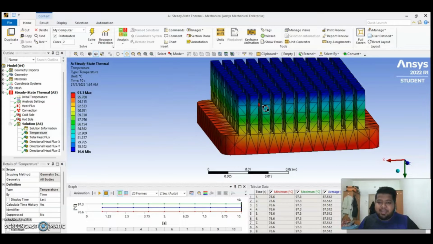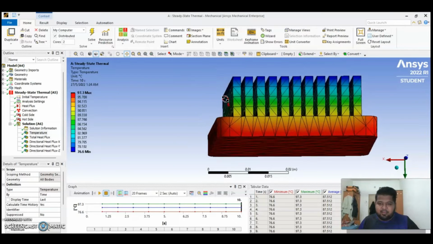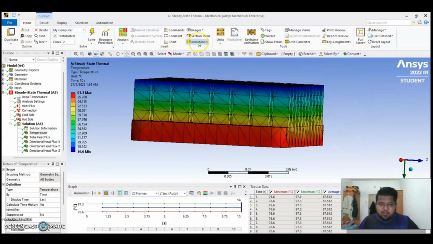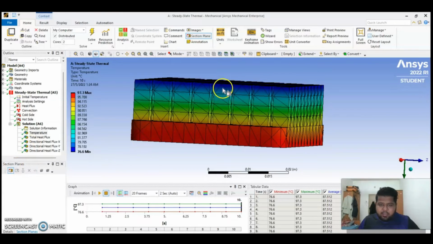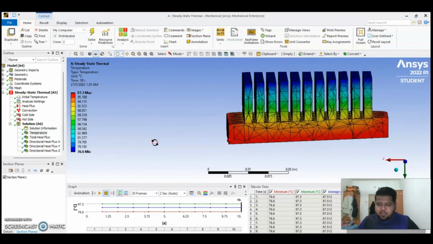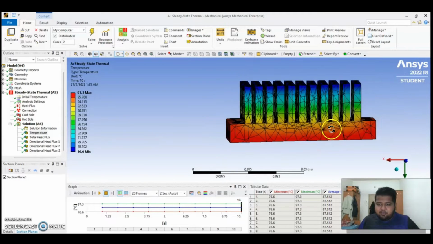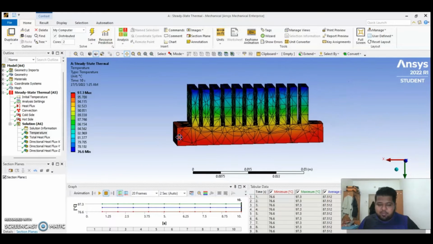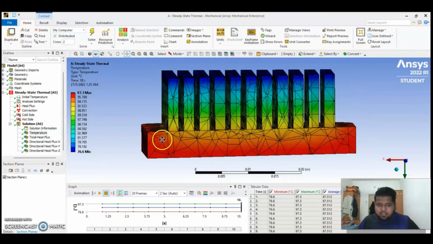Okay, to get a cleaner look at the temperature distribution, you can click on section plane and then size the model. Once your model is sized, you are able to see even more clearly. How does your temperature distribution look? You see, at the bottom it is hotter, and towards the top it's getting colder, and you can see the range. Below it's around 97.3, and when it goes up,